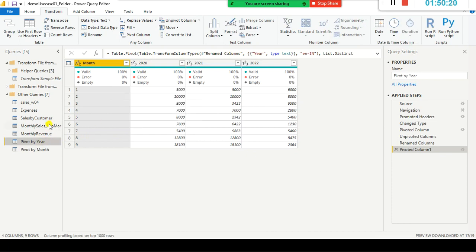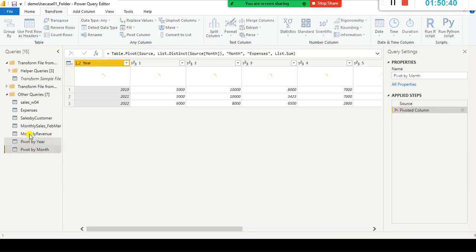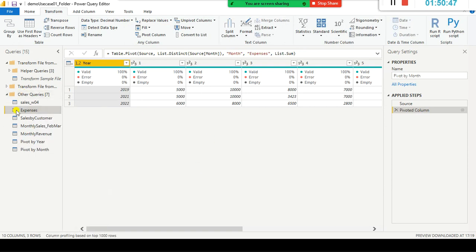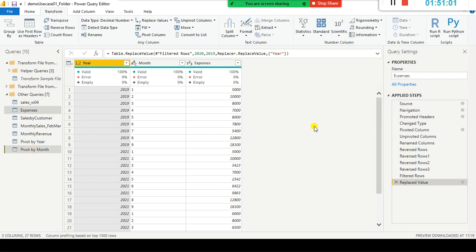Why? It is a duplicate. To put it in simple terms, it's a second copy of this one. Hence, whatever changes you do will not get reflected, because these two are independent. Whereas this one depends on this one, because you right-clicked it and created it with reference. So this is just a pointer to this one. Just think that way. The view is different here, but the data is the same as this one. Whatever changes you do here will get reflected here.